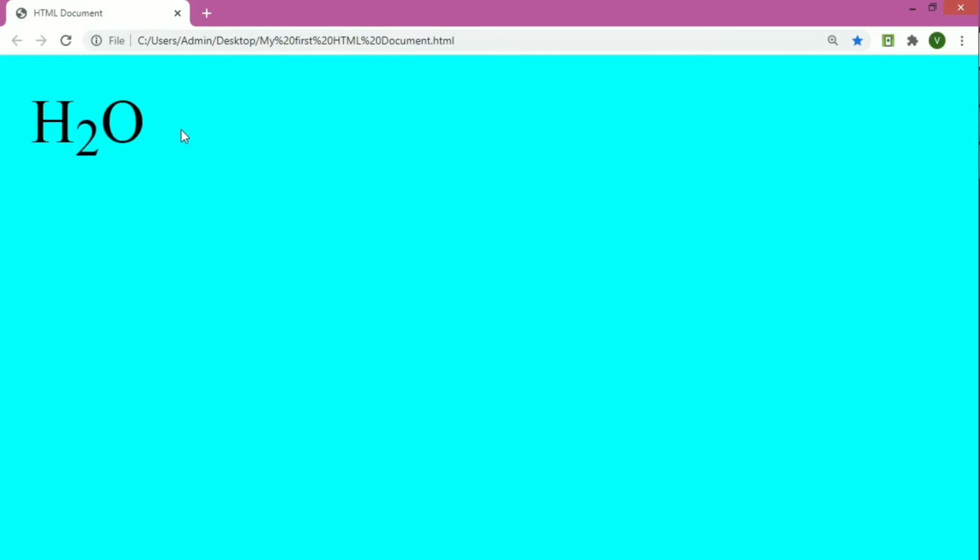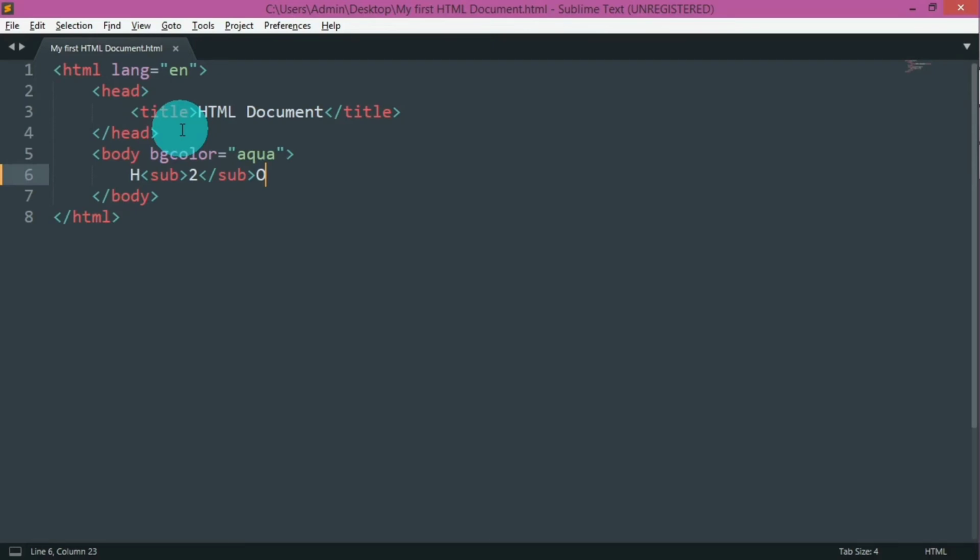So let's learn how to add superscripts now. It is very similar to subscript. I want to add 15 square. So let me type 15 and then let me type 2. It looks like 152, right? But we want 15 square. So before 2, we have to add a opening SUP and after 2, we have to add a closing SUP.